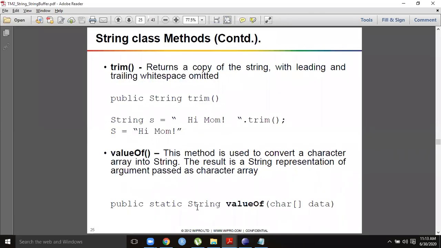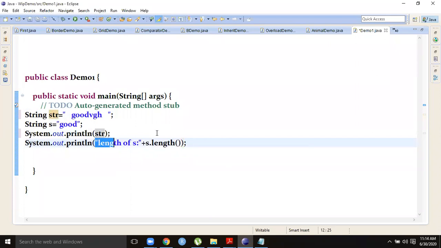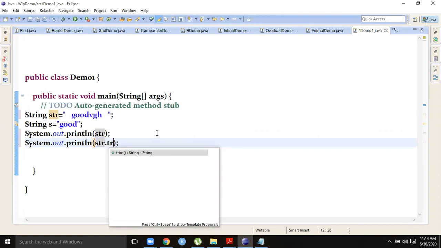Similarly, the trim method. The trim method is used to remove spaces: if any spaces are there in the beginning and the ending, it removes them. Let us say here I print str, and here I print str dot trim.